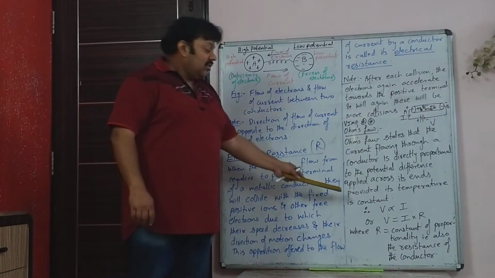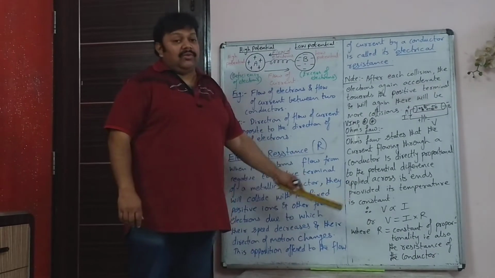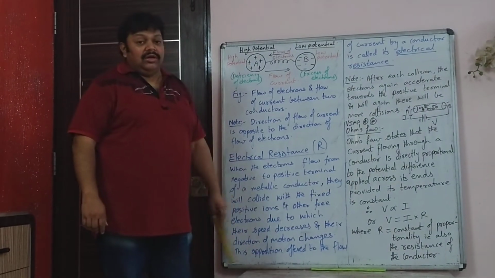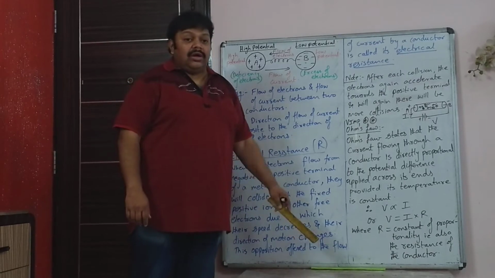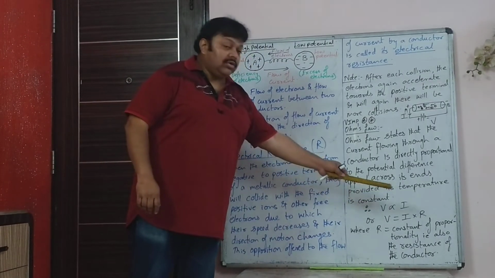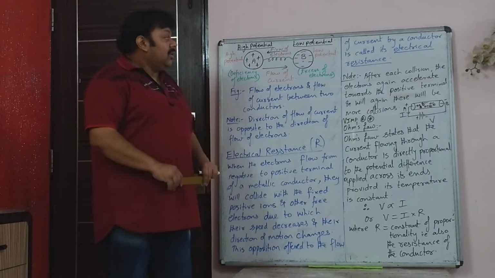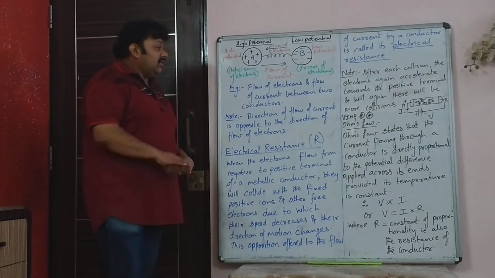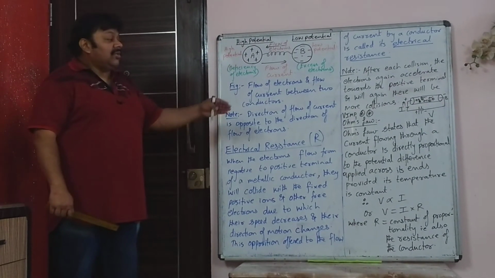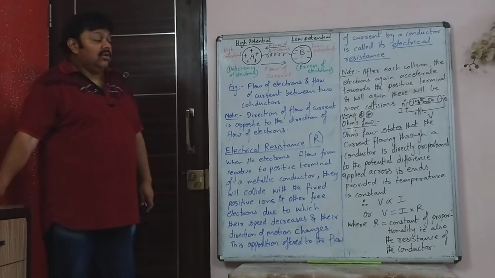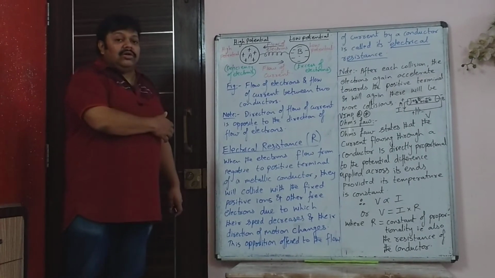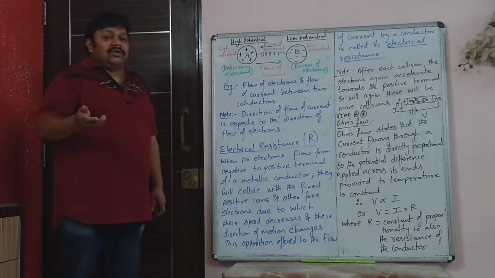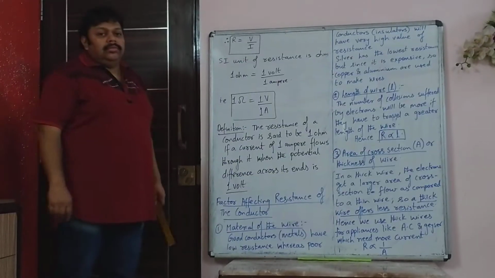So that is Ohm's law, and the mathematical form, I told you, you can remember it easily. V is equal to I into R. Venugopal is equal to IR. So you can remember it that way. So copy this down. This is about the concept of resistance and Ohm's law. Now we will have to see the unit of resistance and the factors affecting resistance.